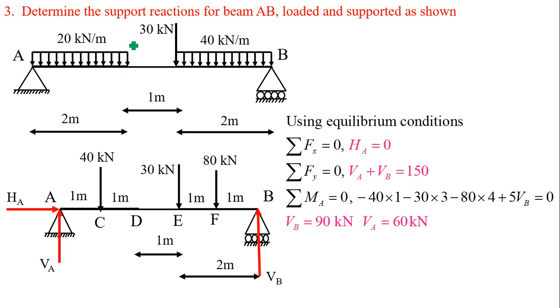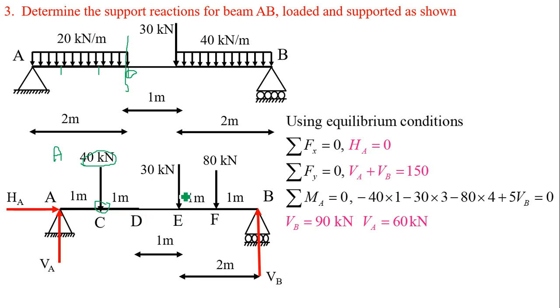So here, considering up to this, a beam AD, the span of the beam AD is given as 2 meter. On the span AD we show a vertical point load, and the magnitude of this point load is equal to the area of the rectangle. Which rectangle? This one. Length is 2 meter and height is the intensity of load, 20. So 20 into 2 we get the load of 40 kilonewton, and the location will be at the CG. The total span is 2 meter, so it will be located at 1 and 1 meter.